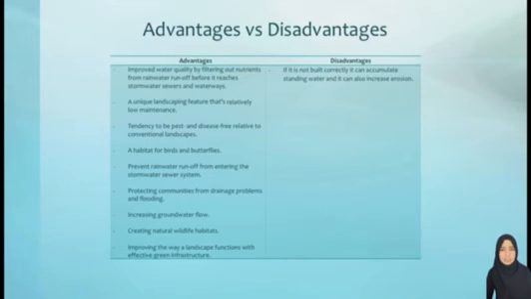Okay, next, the advantages and disadvantages of the subscape of pervious surfaces. Okay, it can improve water quality by filtering out nutrients from rainwater runoff before it reaches the stormwater sewer and waterways. It also has unique landscaping features that are relatively low maintenance. It has a tendency to be pest and disease free relative to conventional landscape. It can also be a habitat for birds and butterflies, prevent rainwater runoff from entering the stormwater sewer system, protecting communities from drainage problems and flooding, increasing groundwater flow, creating natural wildlife habitats, and improving the way a landscape functions with